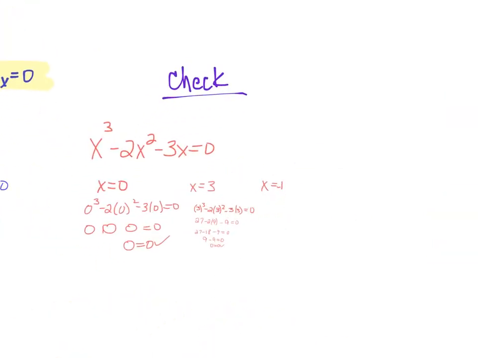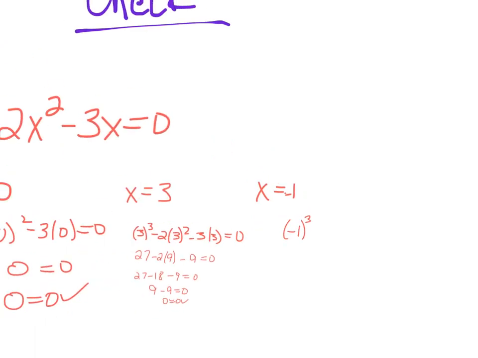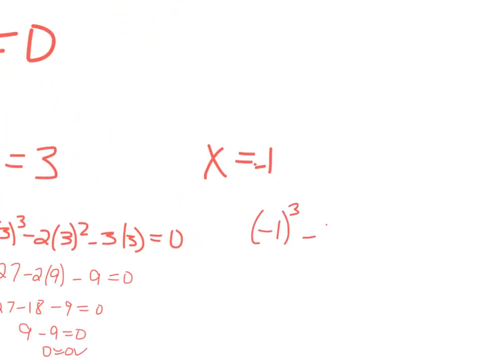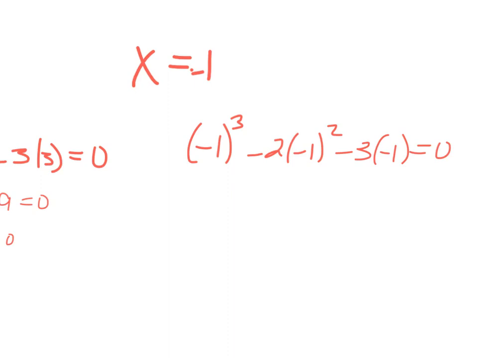All right, last one I'm going to plug in is what? Negative 1. So I have negative 1 cubed minus 2 times negative 1 squared minus 3 times negative 1. Does that equal 0? Negative 1 cubed is negative 1 times negative 1 times negative 1. Isn't that negative 1? Good. Wait, what is the one where it's like something squared equals 0? I think it's anything to the 0